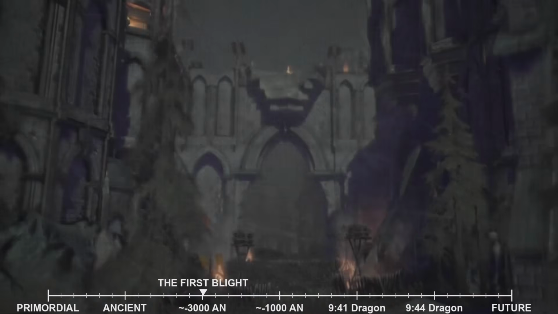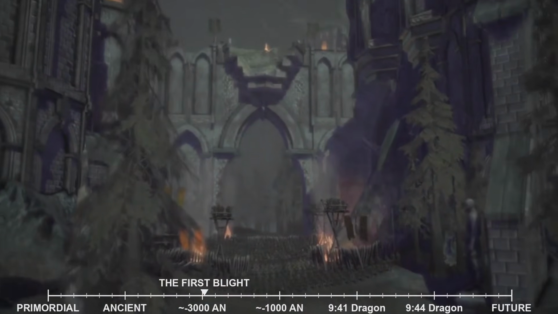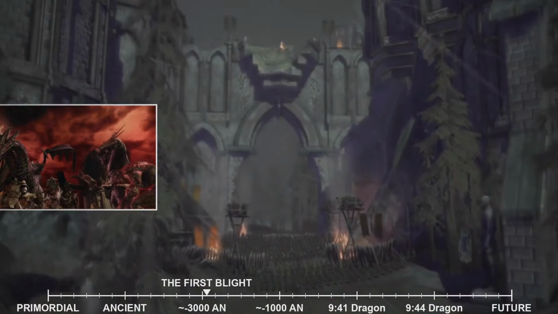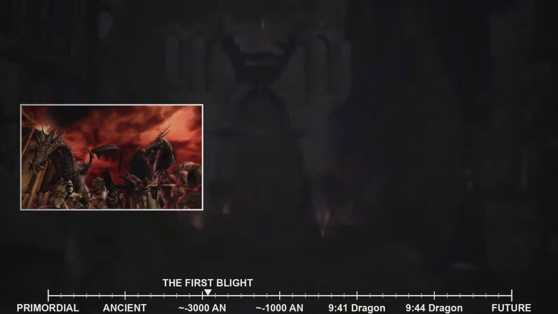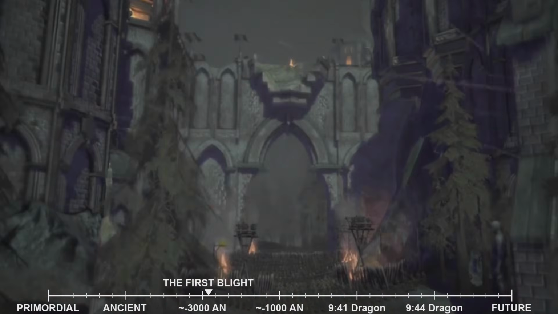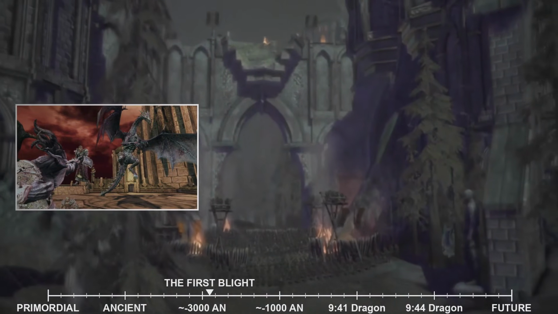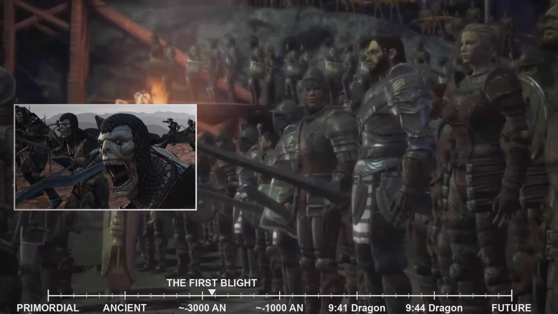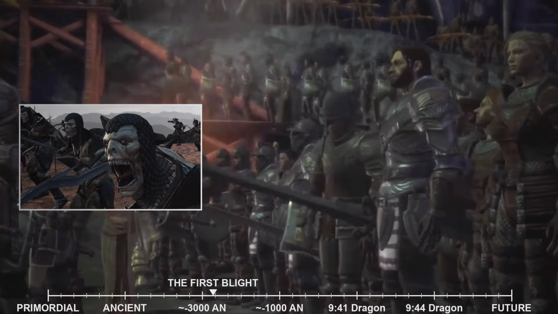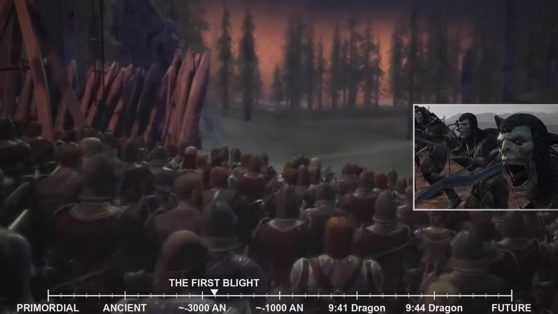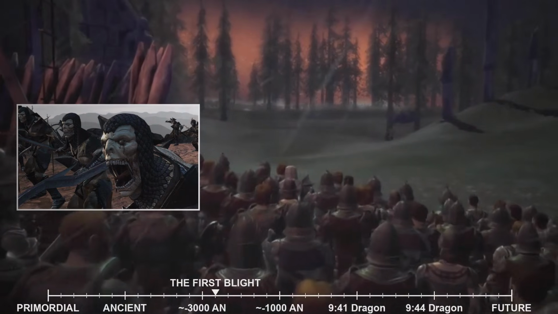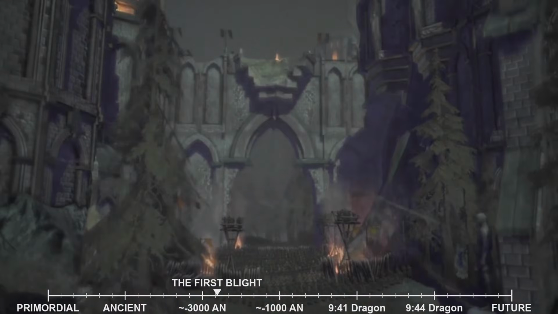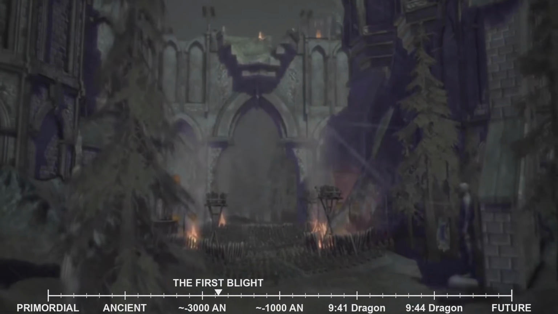The confrontation was epic, a desperate struggle between the last vestiges of hope and the embodiment of corruption. The Archdemon, a creature of immense power, unleashed its full might, spewing blight fire and commanding its vast Darkspawn army in a final, desperate defense. The Grey Wardens, though weary and diminished, fought with the ferocity of those who knew the fate of the world rested on their shoulders. They employed every tactic they had learned, every ounce of courage they possessed. The battle raged for days, a maelstrom of steel, magic, and blight.